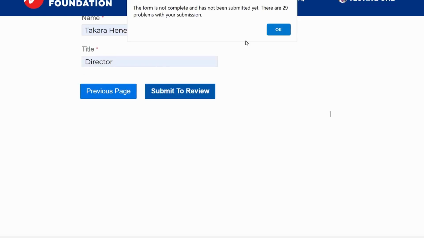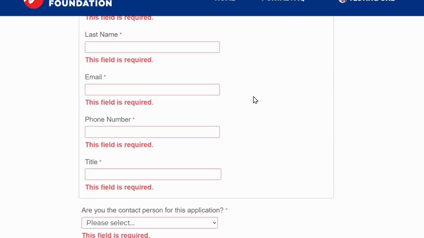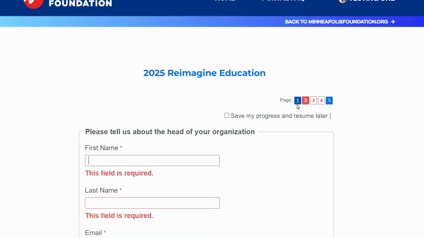So one thing I want to show you when you click submit to review is that if you do not answer questions throughout the application, or if there's anything that you've left unfilled, the system will actually prompt you and show you where you haven't filled out information. So I haven't filled out information on pages 2, 3, and 4. And I know this because unlike these 2 pages, which are blue, which shows that I have completed those pages,